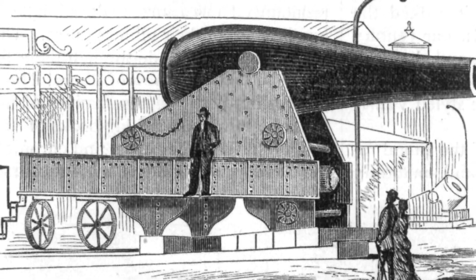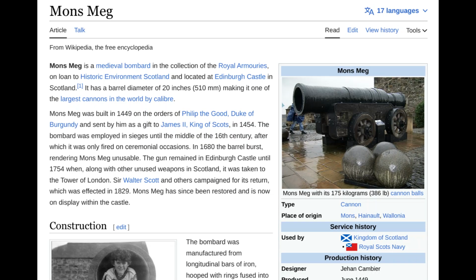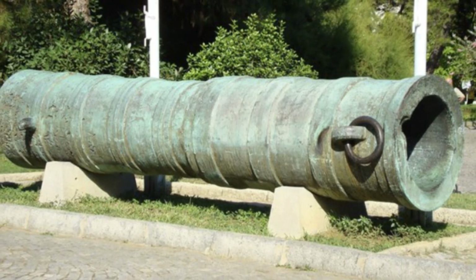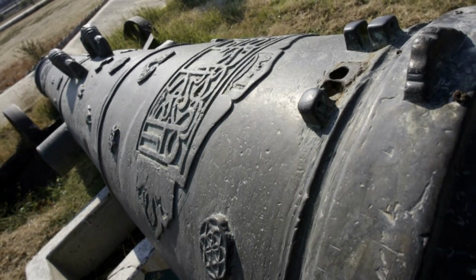Get this, the stone balls that it shot in the 1500s weighed over 2,000 pounds. Or for my friends, 907 kilograms. Can you guys, you see where I'm going with this? Like, what is the truth here in this place? Are we to believe that this is a normal,